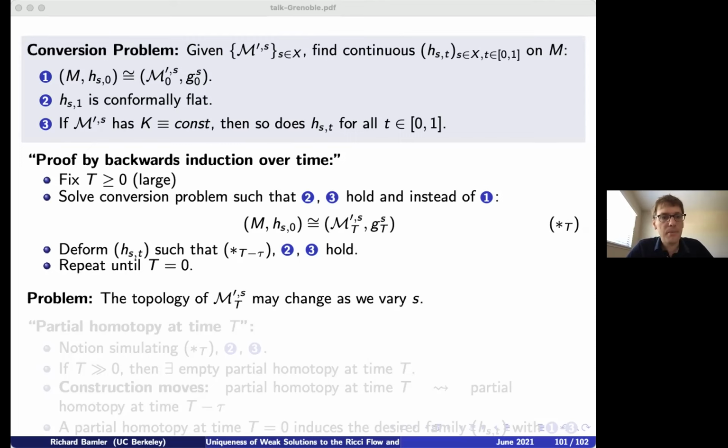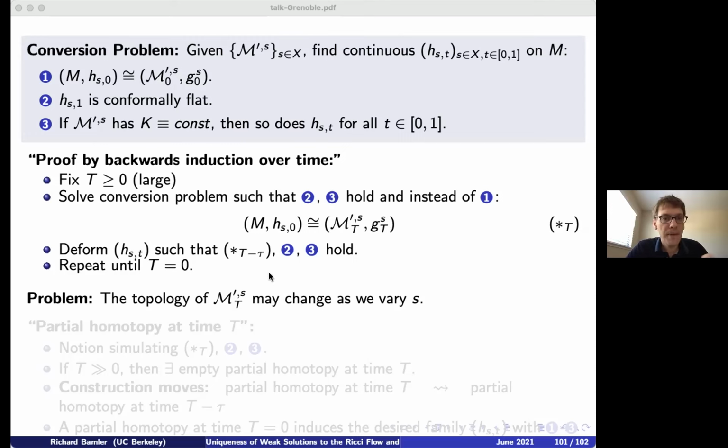Okay. But here's the problem. The problem is that this is too naive, right? The topology of the space, of course, varies as we change s. So this property only makes sense because t is equal to 0. At time 0, all the time slices have the same topology, and this continuous family of time slices is really trivial. For any other time, the family of time slices may be non-trivial because we may cross some singularity. So this property really doesn't make sense. Okay? And so